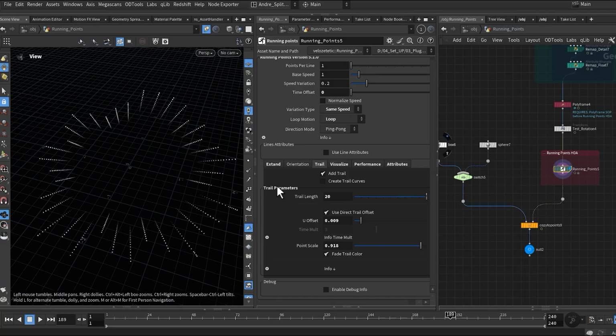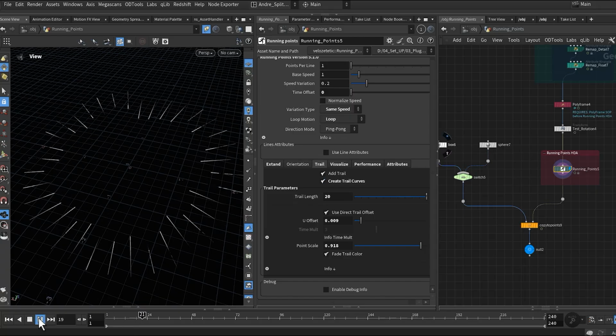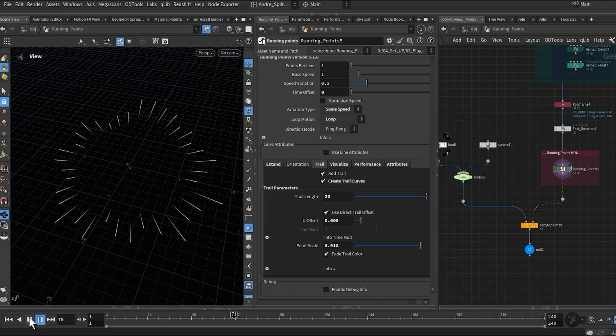You can see now it's only points, and you can turn trail curve on. Now you have the curves.